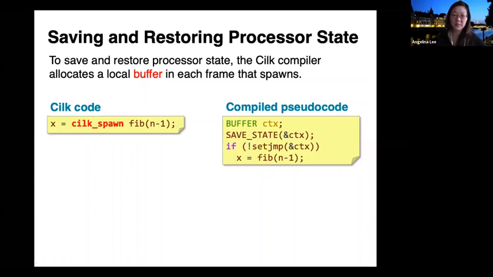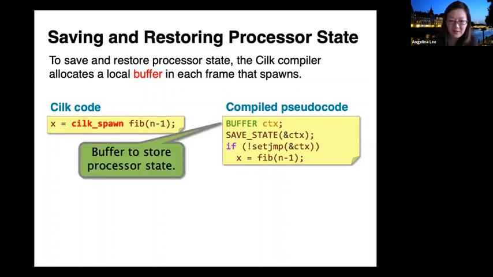So setjmp and longjmp are provided by the system library and are actually not specific to Cilk. You can use setjmp and longjmp to store away execution context in the middle of a C function. setjmp stores away the processor state, and longjmp allows you to resume the stored processor state to resume the execution in the middle of the function. I won't get into detail on how setjmp and longjmp work, but it's really neat, you should look into it.